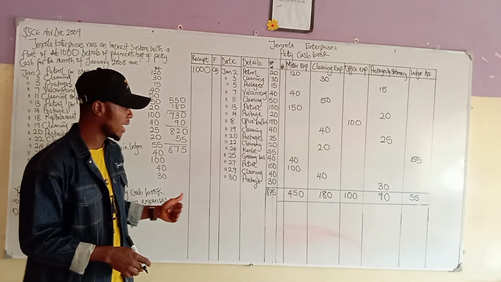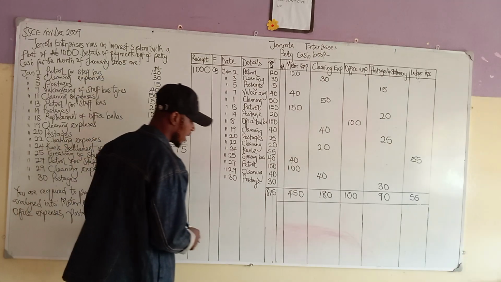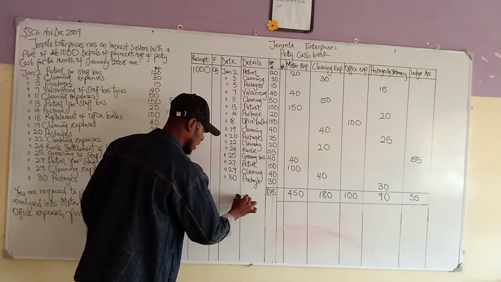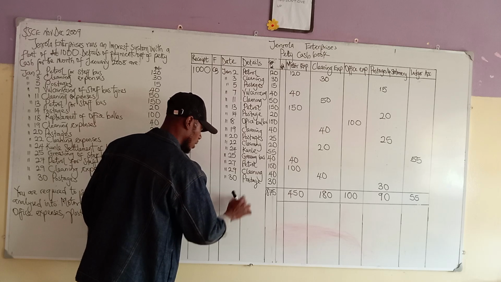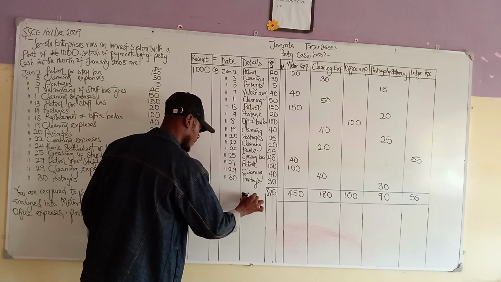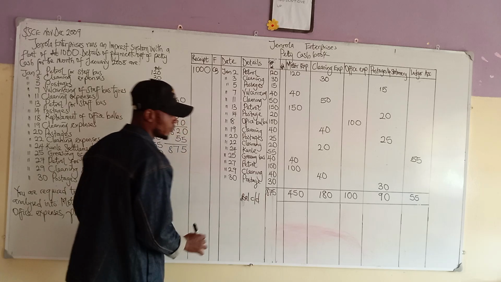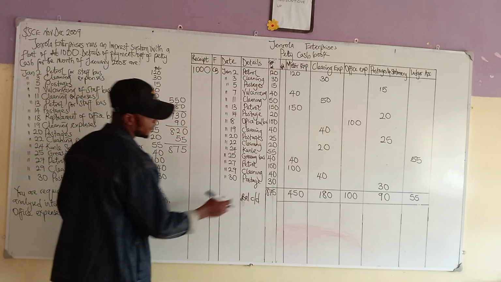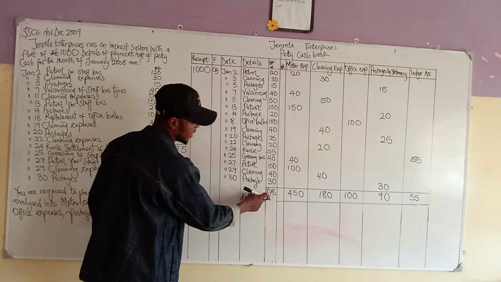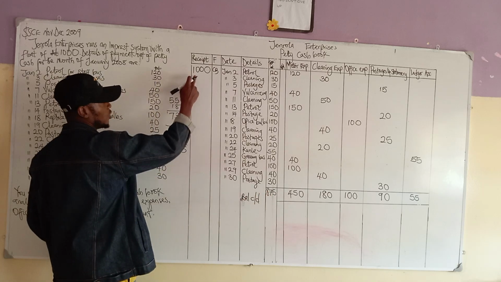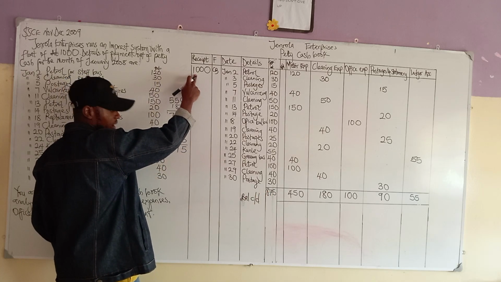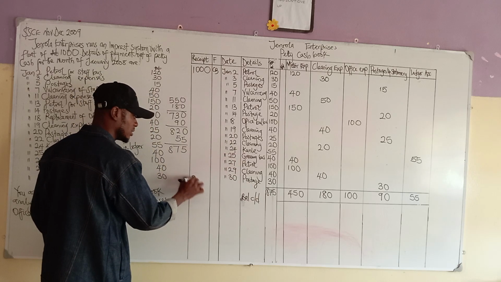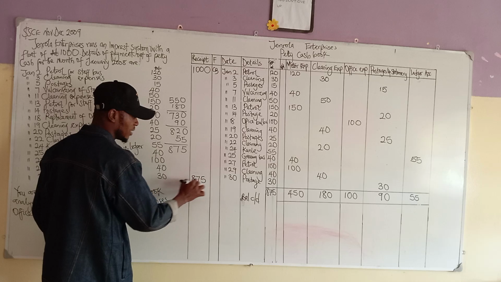of January. Now, at the end of the day, what do we have? We have a balance carried down. So our balance carried down. Now, how do we do our balance carried down? 875 naira. You subtract it from 1,000 naira. Now, I can as well bring my 875 naira as my expenses here. 875